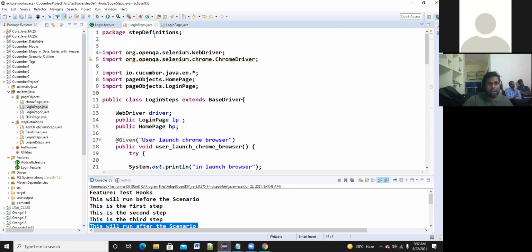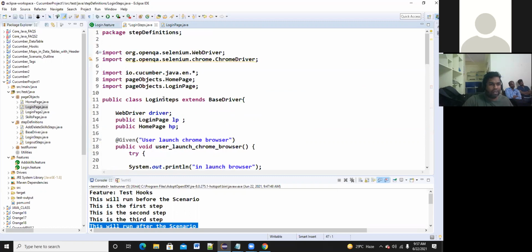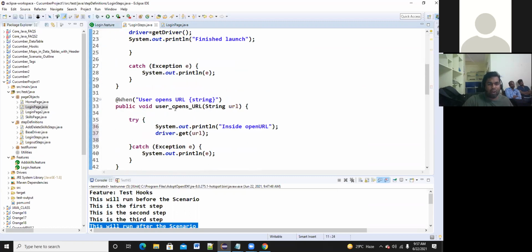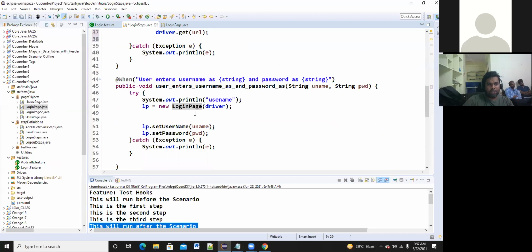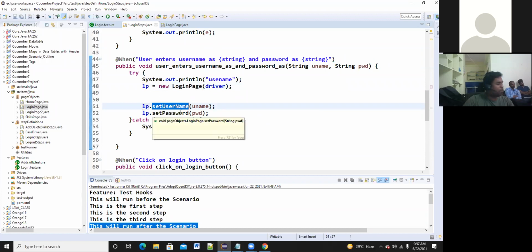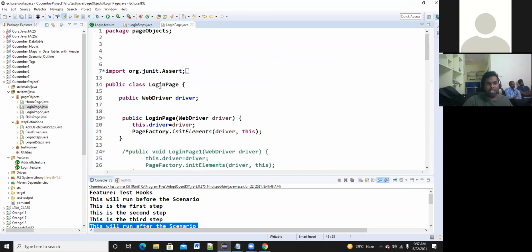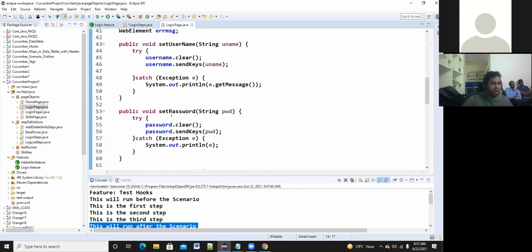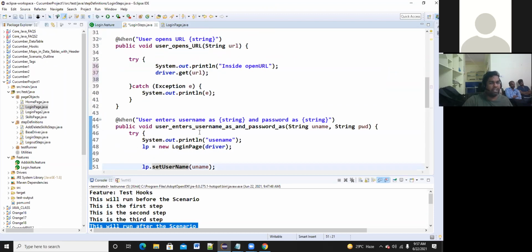Let me repeat the point. For the login page, we have written login steps, and we are calling the login page object. In the login page, we will see what code has been written. I am creating the login page object, LP is equal to new LoginPage of driver, and the LP.login method contains setUsername, setPassword and all these values. If you see my login page, public class LoginPage, I have written it like this. All the login step related parts, each and every keyword implementation, are executed from the corresponding page.